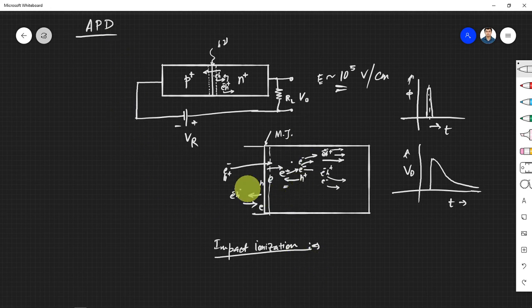But the problem is again this signal persistence. We're getting a broad signal with this type of construction. So that's why